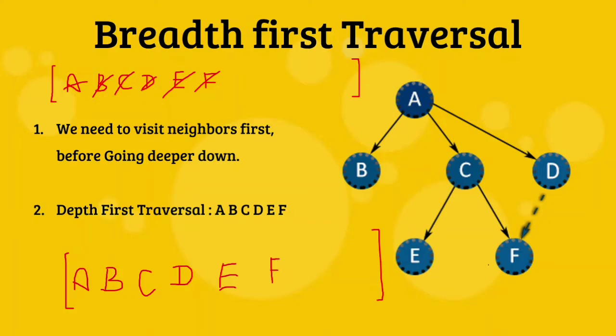Then we will check, is there any value or the neighbor associated with F? So no. And now we will check, is there any value inside a queue? So no. Everything is inside the resultant array. So we are done. And this is exactly same as our expected array in case of breadth first traversal. Once we understood the things logically, it's time to write our algorithm. So let's begin.